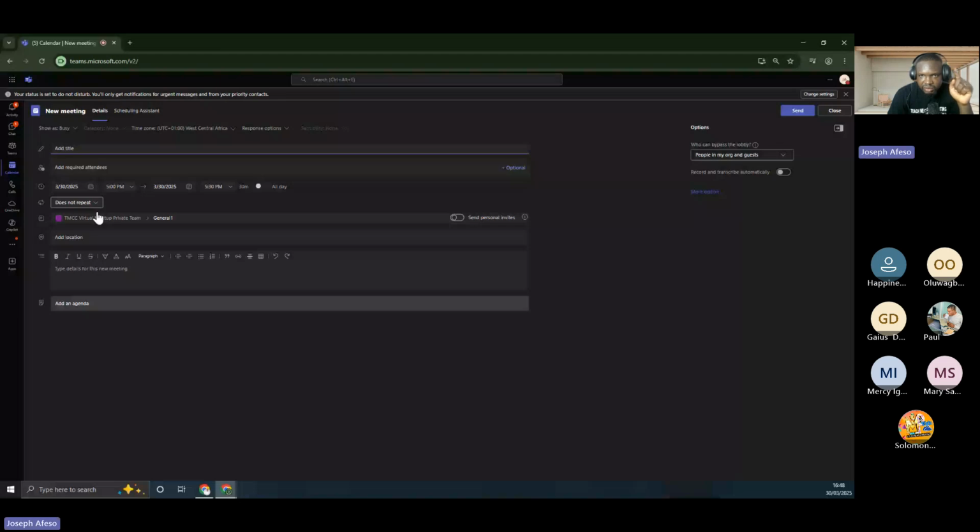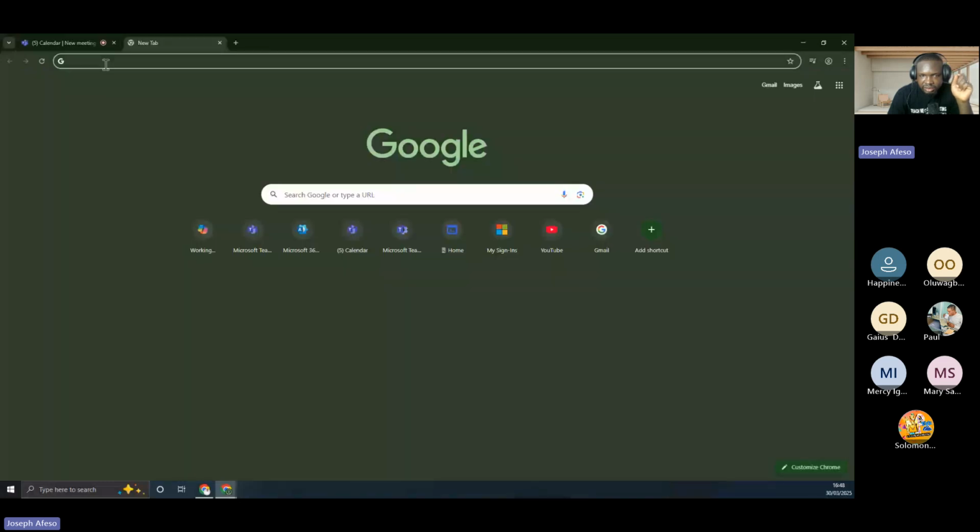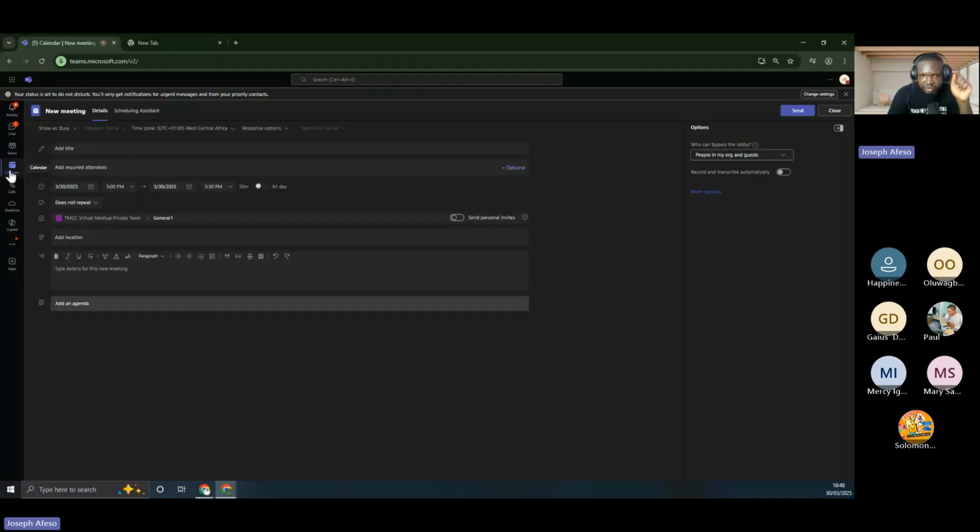But what's the difference between the meeting recording that is scheduled from calendar and the meeting recording that is scheduled from Teams channel? There is difference, especially in terms of where the recording of that meeting is saved.